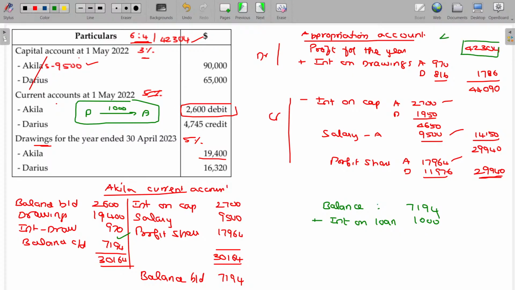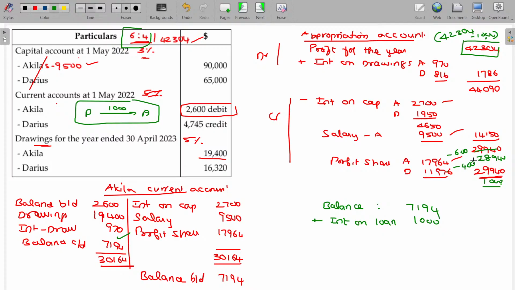Am I right? This is not an appropriation, so the charge and expenses are to be debited or adjusted in the income statement. From 42,304, 1000 is subtracted. If you subtract 1000, this value also will be decreased to 28,940. Means you have to reduce 1000 rupees. If you reduce 1000 rupees in the ratio of 6:4, A will get 600 rupees lesser, B will get 400 rupees lesser. Am I right? As 1000 rupees is reduced here, this will also be reduced here. Finally, the amount distributed to these two partners will also be reduced by 1000.